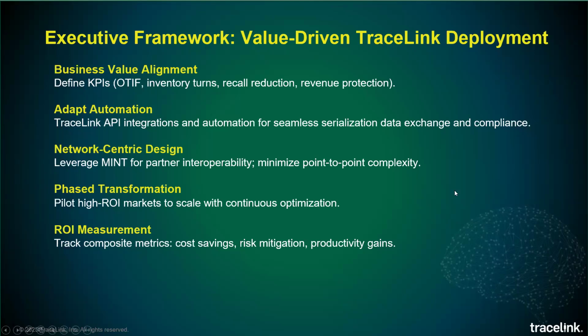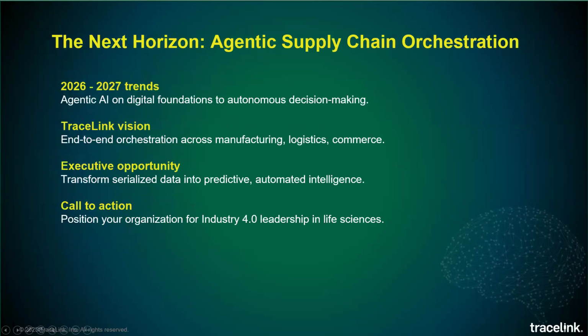All right. Yeah, the next steps. So what does the next horizon look like for us all, right? Which is again not just going with the buzzword of agentic supply chain orchestration, but it is for real, and that is how everyone should think and is thinking already. So if you're not, then you should probably look into it. Definitely in 26, 27, that's the trend to have an agentic AI which will evolve your supply chain beyond just your data visibility or just autonomous decision making.